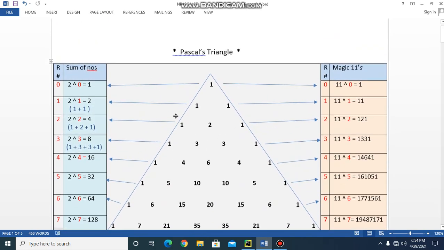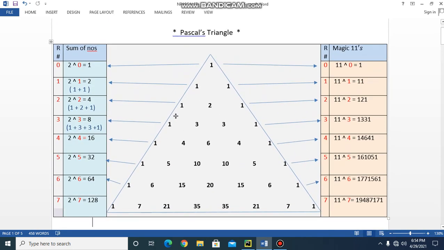Now we will see how the elements in this triangle are related to one another. Now here in the very top row, it consists of a single one. The next row consists of two ones. And every row after that has its leftmost and rightmost digit equal to 1. That is this one, this one. And every element in between is the sum of the two elements directly above it.